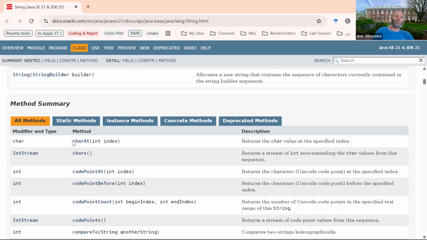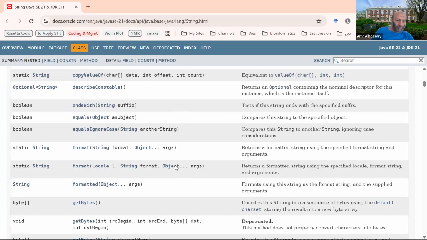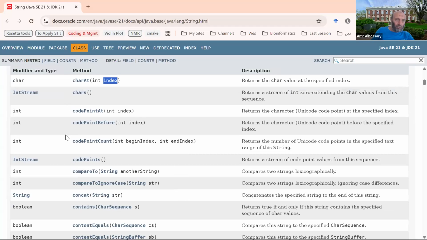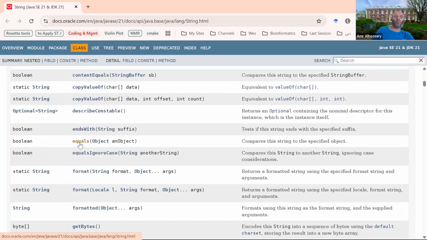Now, if you have a method called charAt, which takes a parameter index, it returns the character value at the specified index. So let's say equals. We have seen equals already, right? A B C D equals compares the string to the specified object. Okay. If we click on equals,